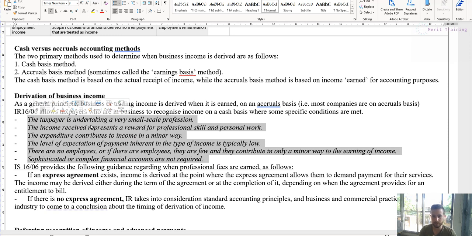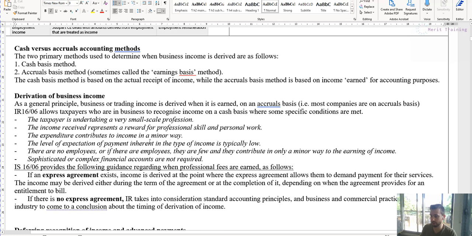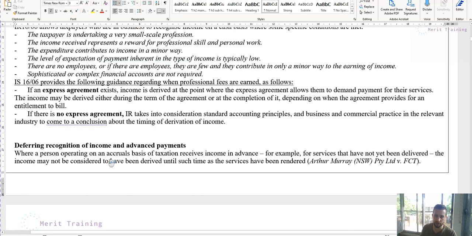And the general benefit of doing it on a cash basis is it's just easier. And by being easier, it means everything's more efficient. There's lower compliance costs. You don't need to worry about timing and prepayments and provisions and things in advance. It's just if the money comes in, it's income. If you pay it, it's a deduction. Super simple. But there are some downsides to this,